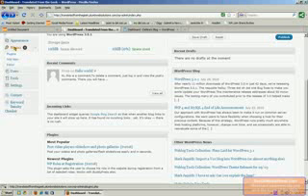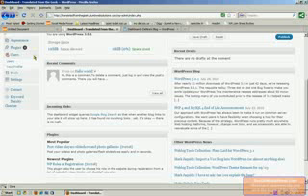Now right here is the area where we would actually install plugins, view the plugins that we have in place, and even go and edit the plugins if we wish, and update plugins. Now here's where you would manage your users. You can add additional users to your site, people who can just post, and you can give them different roles, like just people who can only add posts, or people who can do maintenance to your site, that sort of